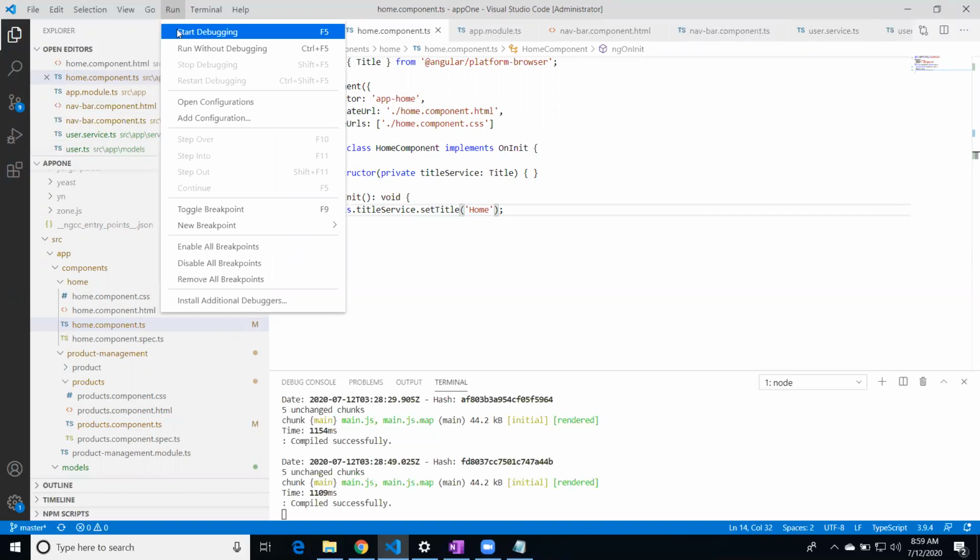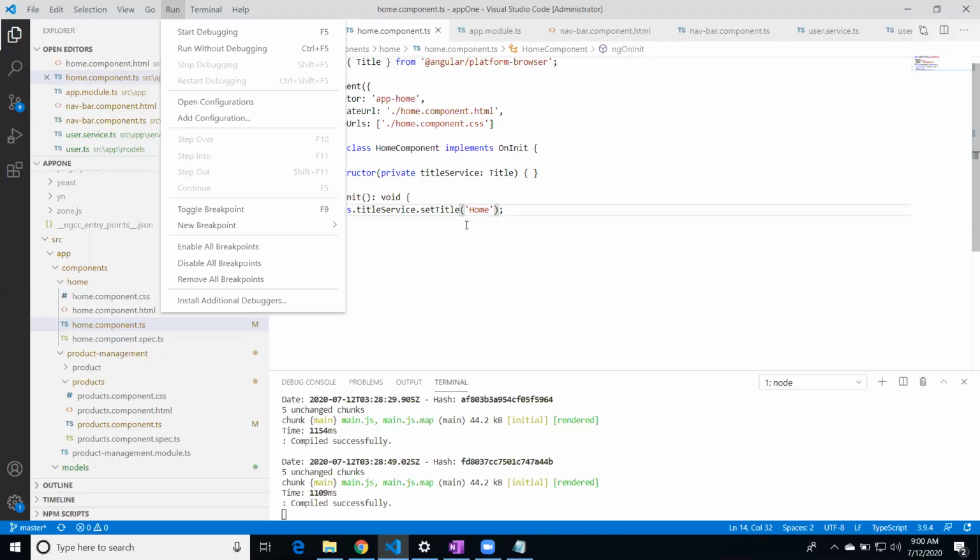So run and start debugging, or even if you don't remember this command, F5 is kind of the default debugging command across all Visual Studio environments or Visual Studio related IDEs. Visual Studio 2019, all the versions, Visual Studio Code, anything to execute, you just press F5 in